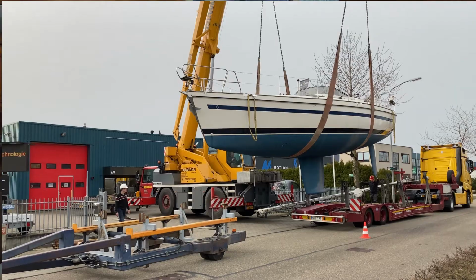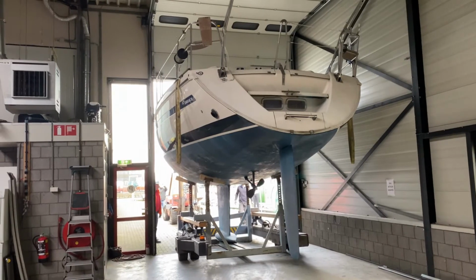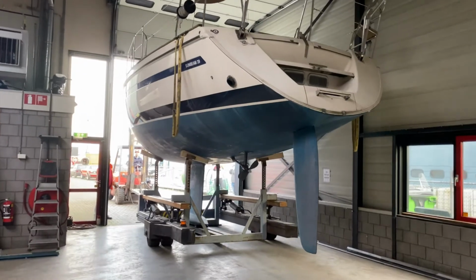And this is my next project because we are refitting the Sunbeam completely, and we will put all the videos on YouTube as well. But yeah, I want to show you all the videos from how to make a nesting dinghy, and